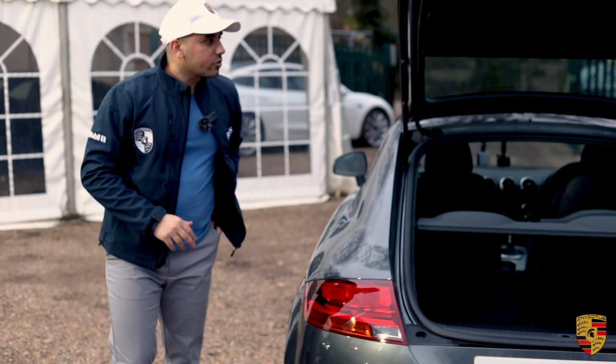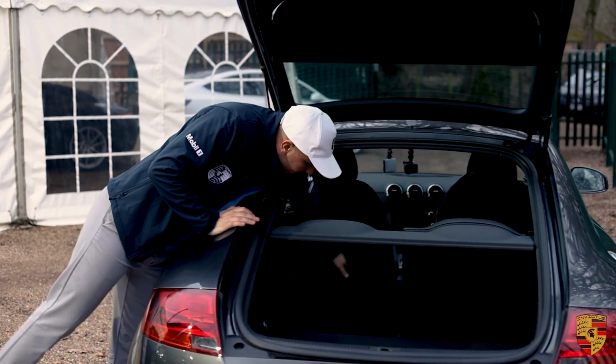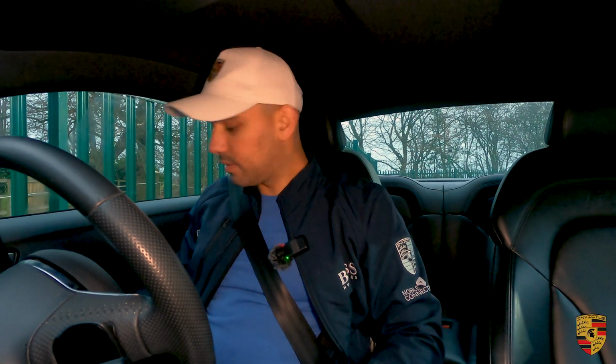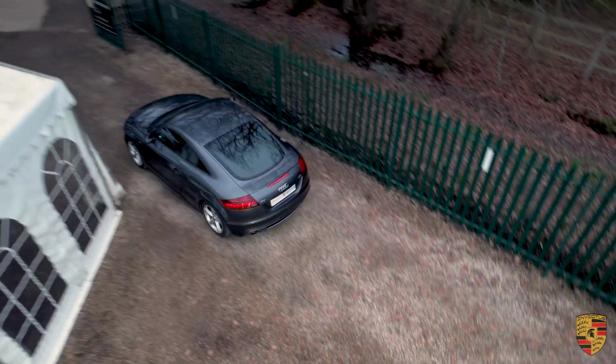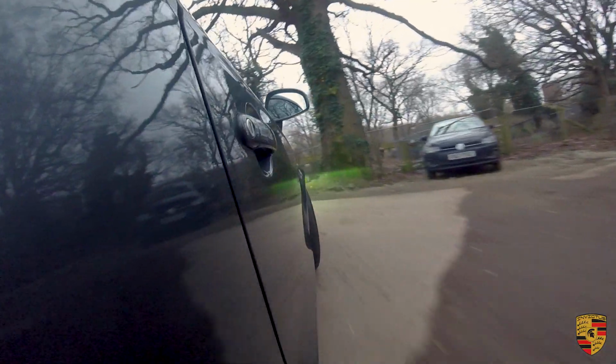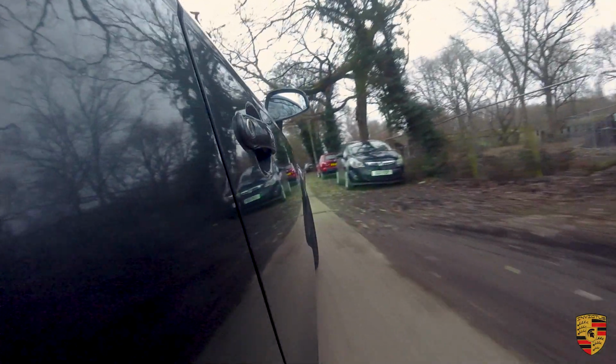Let me just take you out for a test drive and talk to you a little bit more about the car whilst we're out on a test drive. We are in the driver's seat now. Let's take this out for a drive and find out what it's like to drive, and just talk to you a little bit more about the gearbox, the performance figures just one more time, and overall to illustrate to you,